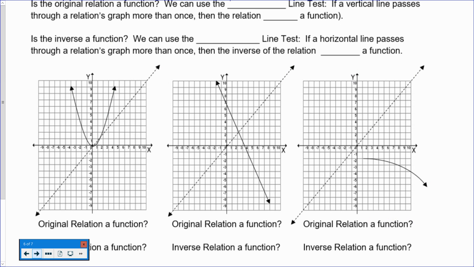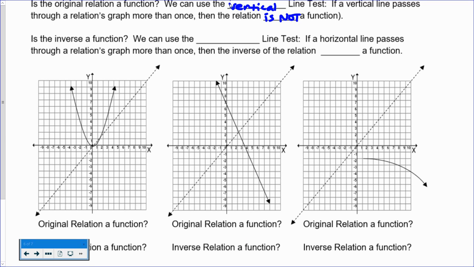Next, I want to look at graphing. You'll be given questions asking, is the original relation a function? Is the inverse a function? For an original function, we can use the vertical line test. We talked about this in our functions lesson with domain and range, in the second part of chapter 6. If a vertical line passes through your relation's graph more than once, then the relation is not a